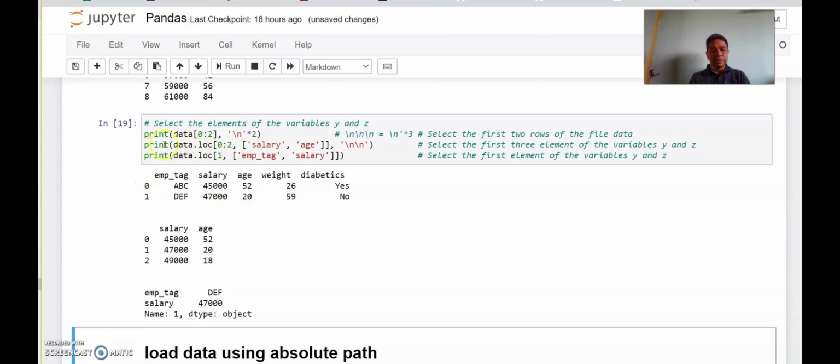Then the next command is showing data.loc 0 2, that is starting from 0 to 2, and it is showing only two columns. And here you can see it is showing the details of the first indexed employee. DEF is the first index employee and its detail. Now \n can work to print it in the next line. So I have given